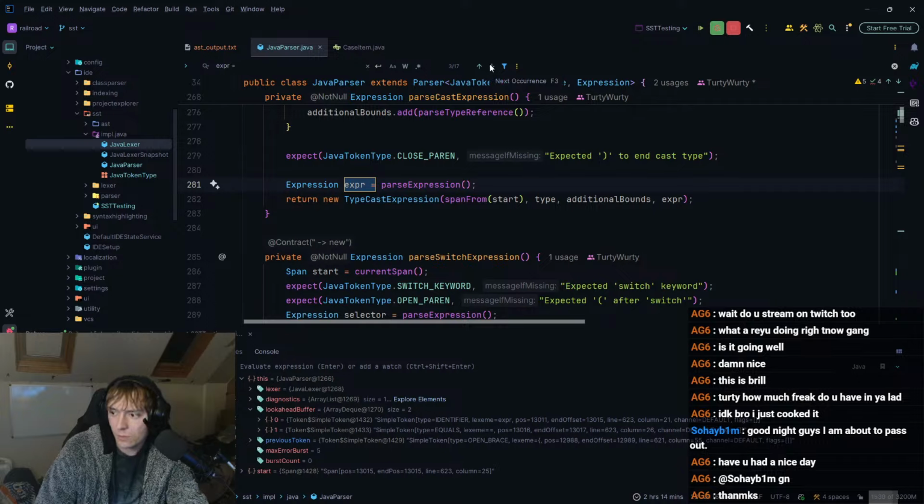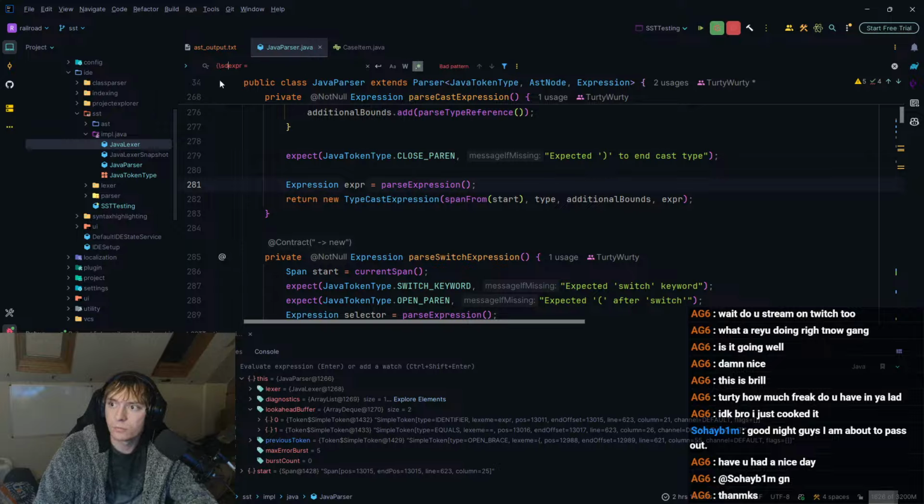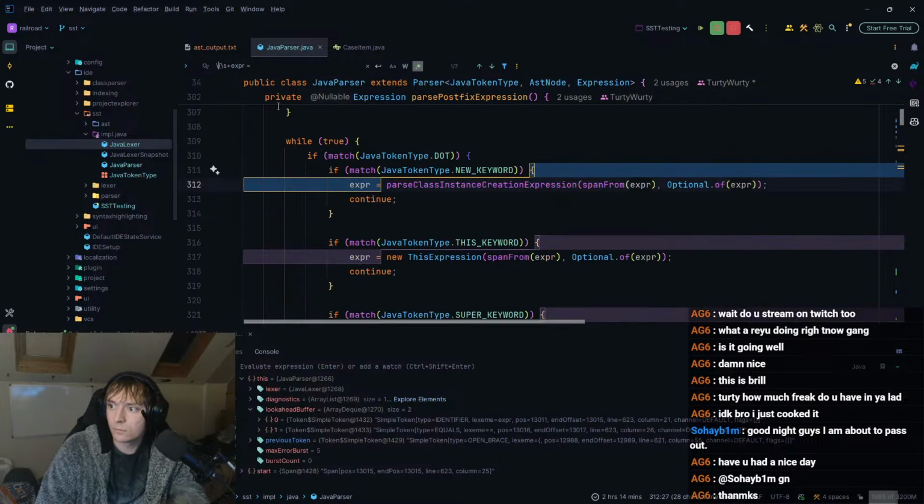The previous token was an open brace, apparently. If I do a regular expression, I can do \s plus. Doesn't like that because of this.